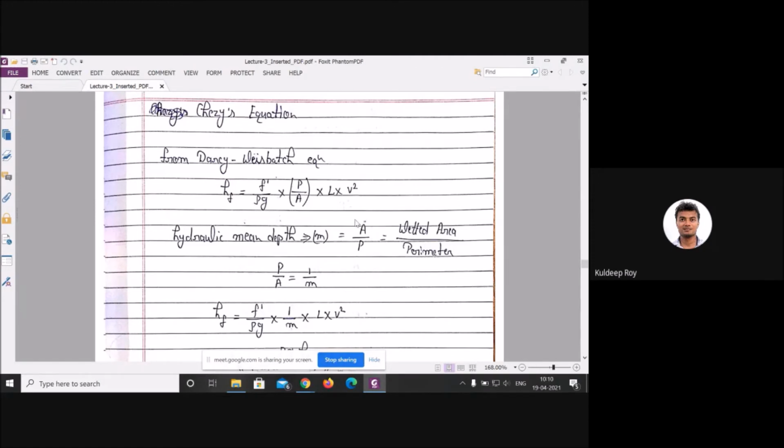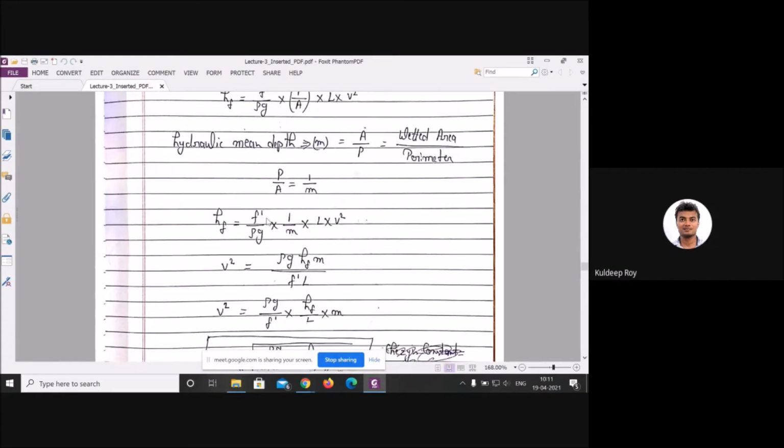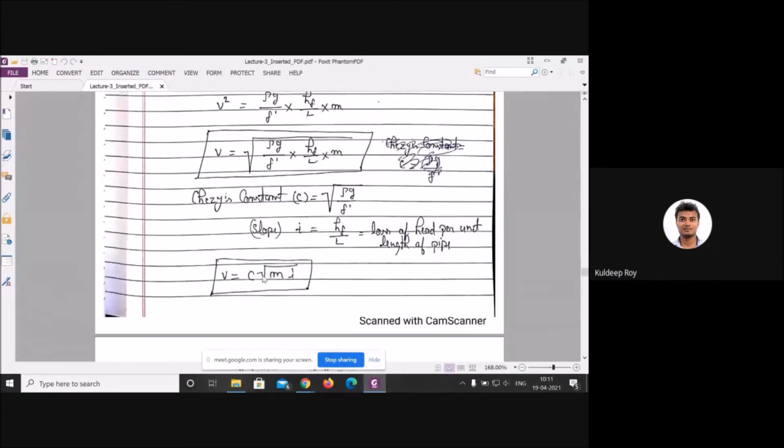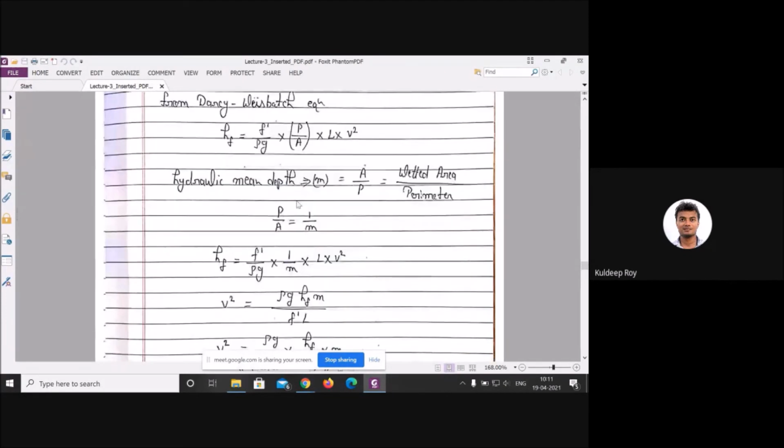This is a representation to define your design property in terms of other variables. Because if he put it in terms of A by P or P by A, it would make a lot of formulas, so they wanted to reduce this. At the end, see what he got: C root mi. There is nothing more. You have to know the significance of m, the mean depth. He has suppressed that fundamental equation into m. It is just a representation, like diameter is represented by d and area by A.